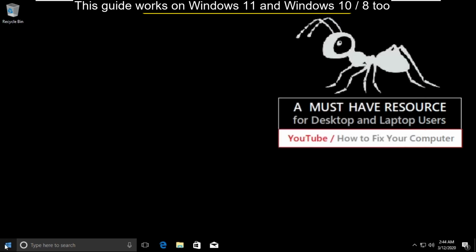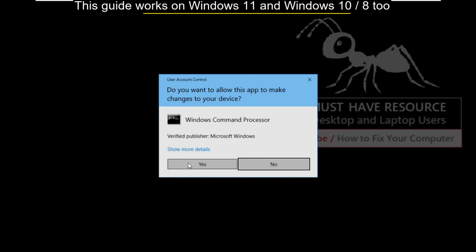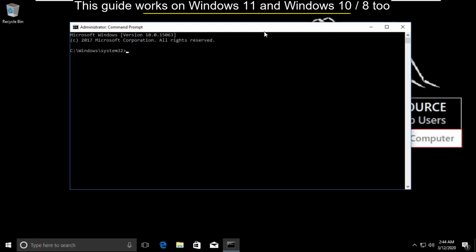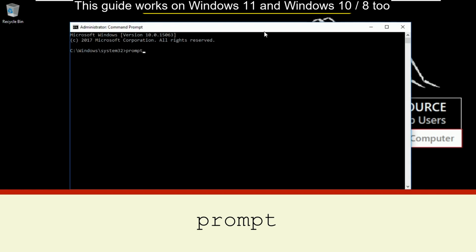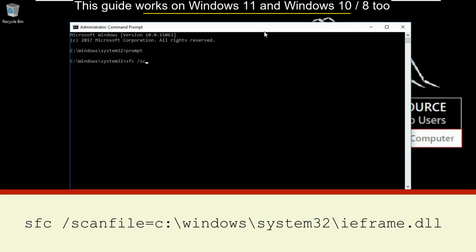Go to search bar and type cmd. Right click on it and select run as administrator. Then select Yes. Now type these commands carefully. Type prompt and hit enter. Then type sfc /scanfile=